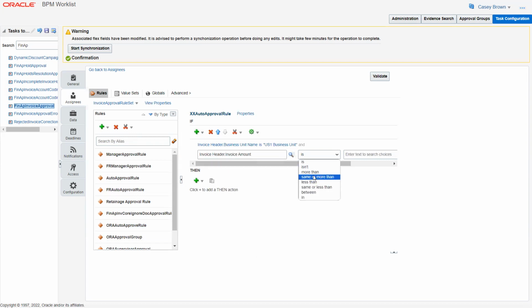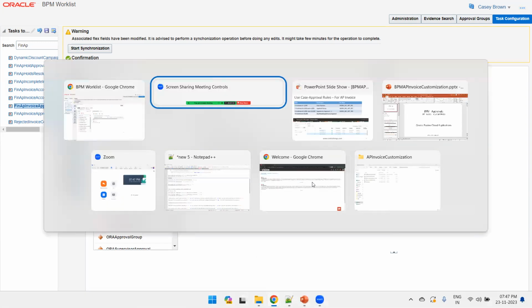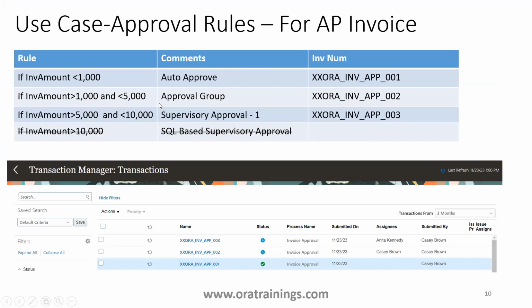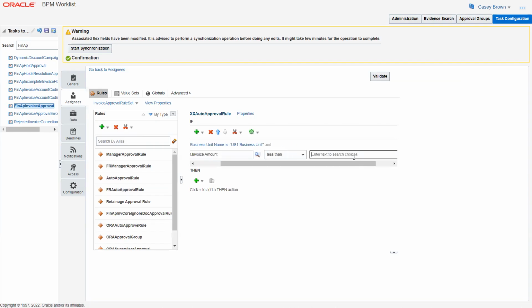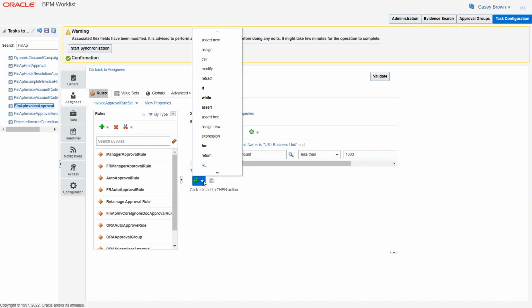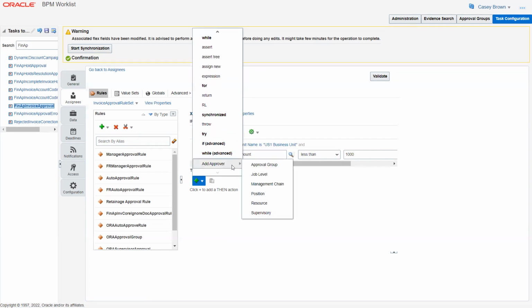Okay, invoice header dot invoice amount. What's the first use case? If it is less than 1,000, and you can add a few more conditions if you require, or you can simply go with the then option. So this is the if criteria. Then what do you want to do? In the add approval list, I just want to go with approver group,